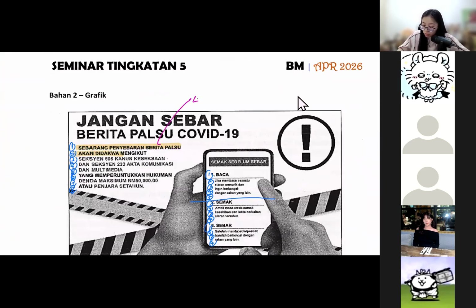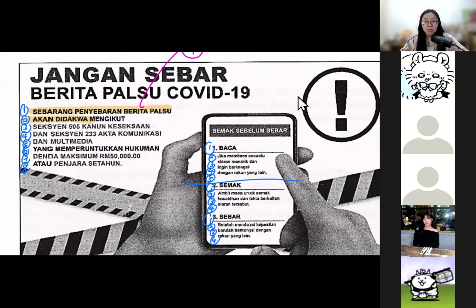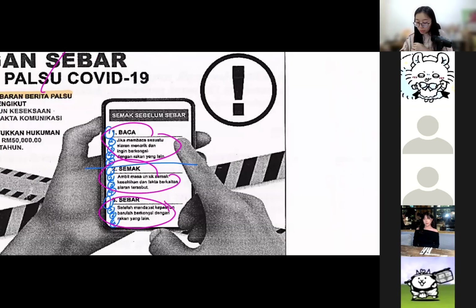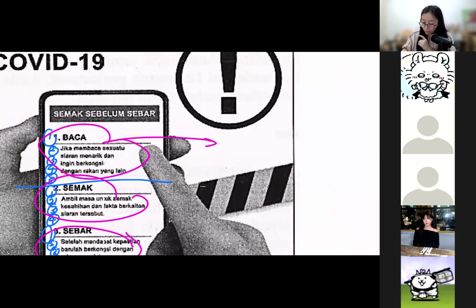Will be number 4. And then you see, semak sebelum sebar. Baca, semak, sebar. This one, how do you change? Okay, this is langkah or kesan, sorry. Langkah, right? Okay, you can separate 1, 2, 3, or you combine it together also can. There's two methods of writing. So either it becomes 1 easy, or you just combine 3. Now, if you put it 1 by 1, so you cannot direct copy